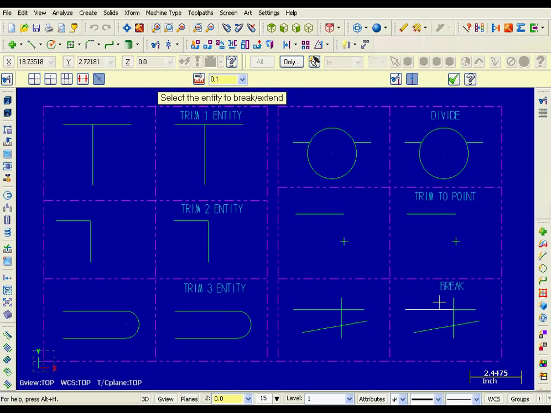Now I haven't trimmed this line. What I've done is I've broken the line into 2 pieces at that intersection point. As you can see, as I hover over the line, there's one line now and there's the other line. Looks good. Now up on the ribbon bar what I'm going to do is just activate trim again,